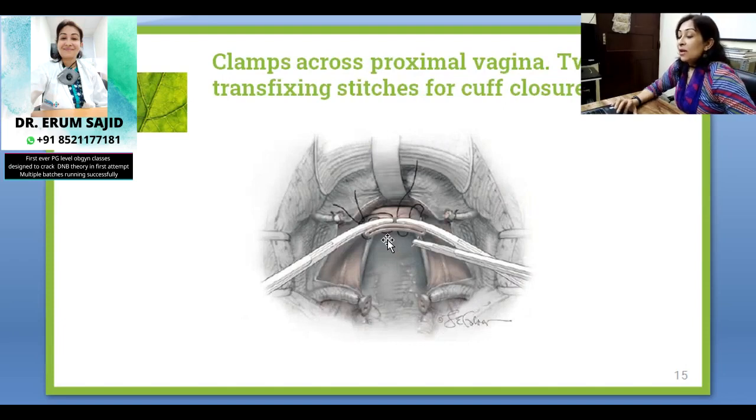And this is how it looks like. When you've cut the uterus, you've delivered the uterus, this is how it looks like. So this is actually uterosacral along with vaginal cuff. Of course, it's not that simple. It doesn't look exactly like that when you're doing the live surgery. It's slightly more of a span, and you cannot just take a clamp through and through. But yes, of course, you can keep a clamp over here on the uterosacrals, take the uterosacral separately, and then take the angles of the vaginal cuff.